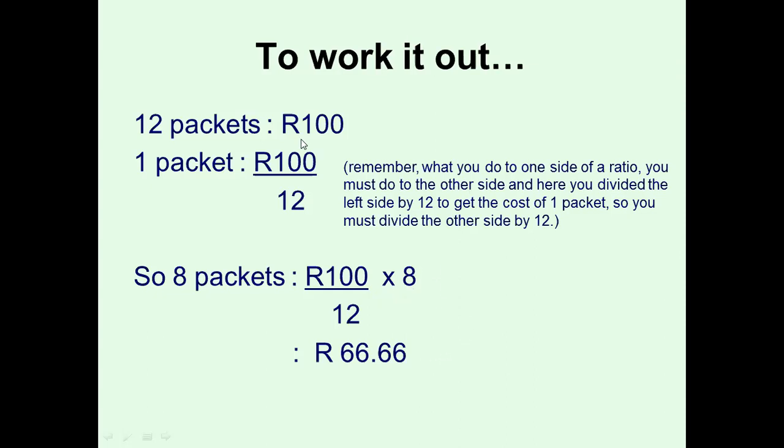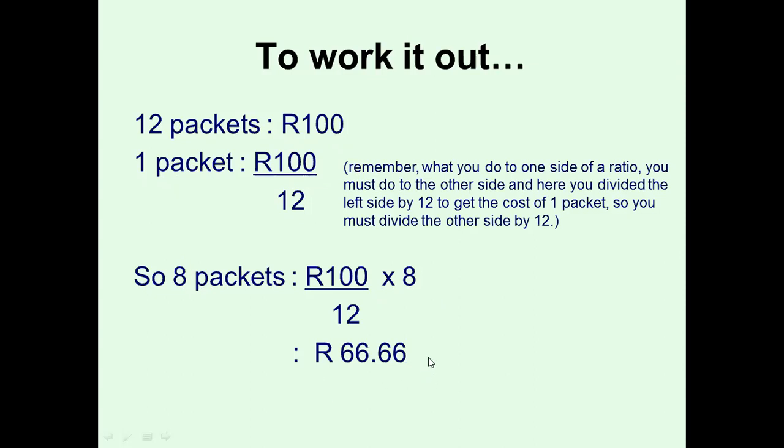Okay, so again, it's a ratio. 12 packets costs 100 Rand. One packet, what did you do here? You divide it by 12. What do you do on this side? You've got to do the same on that side. So one packet represents 100 Rand divided by 12. Therefore, 8 packets, so you've multiplied this side by 8, equals 100 Rand multiplied by 8 divided by 12 equals